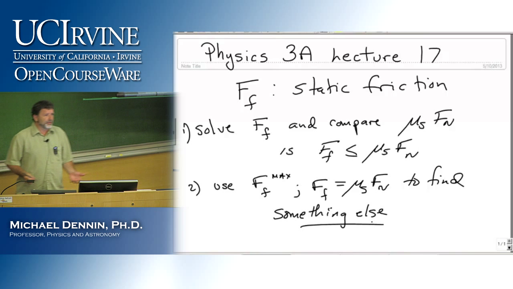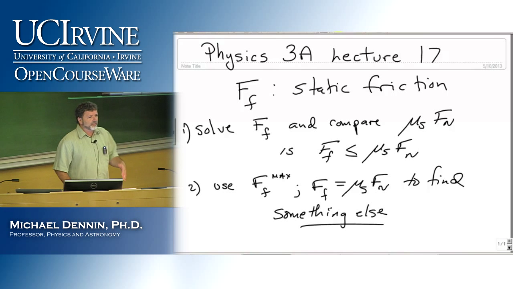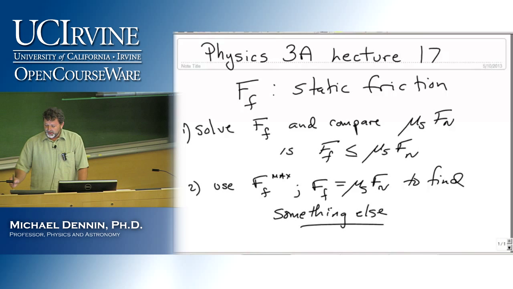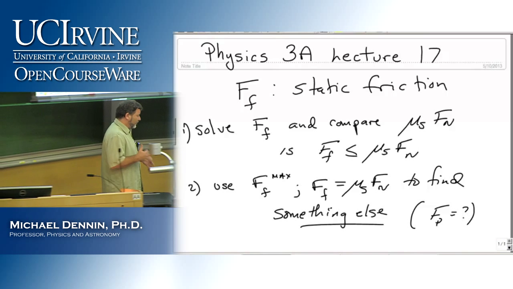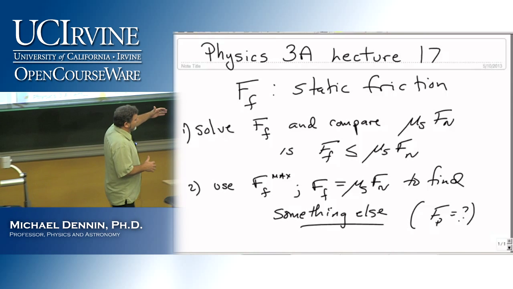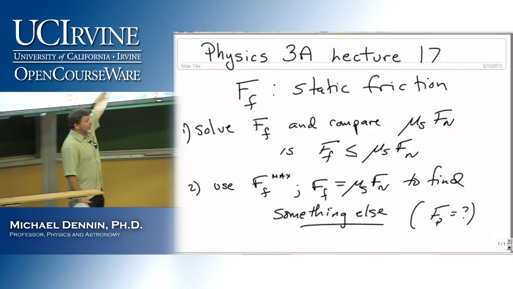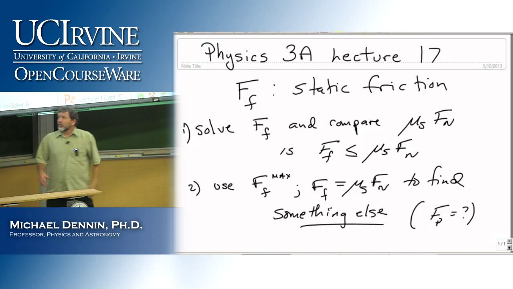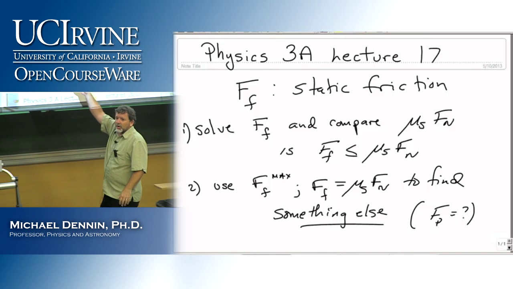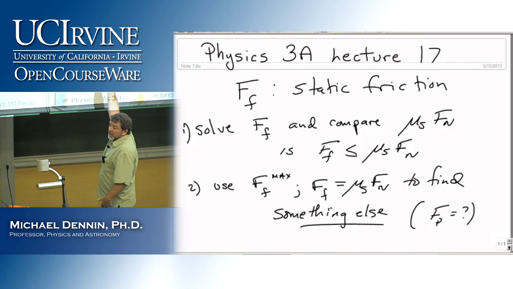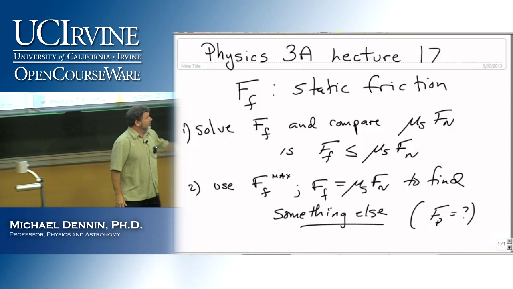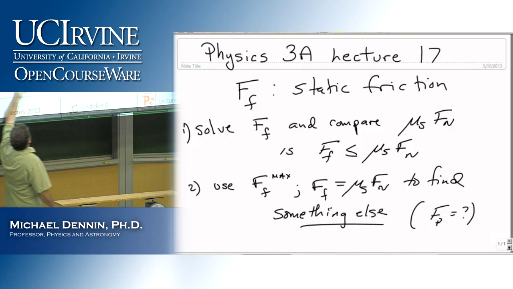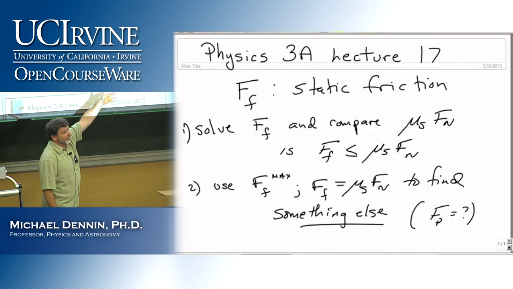Now, how do you know when these are going to happen? One way to tell, for instance, is in this case, you might also have some unknown, say, pushing force. And if you did your Newton's laws, you would find that you don't have enough equations. You're one equation short to actually find the pushing force. You need to use the fact that the problem said, what is, say, the minimum force so that it just does not move? So you're going to take advantage of the maximum friction so that you use the minimum force,